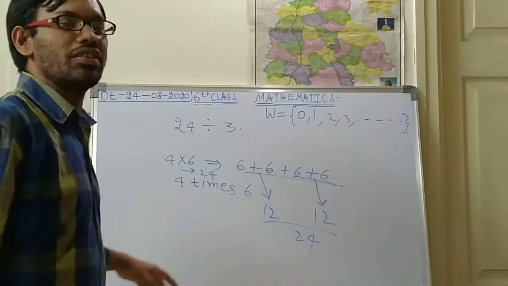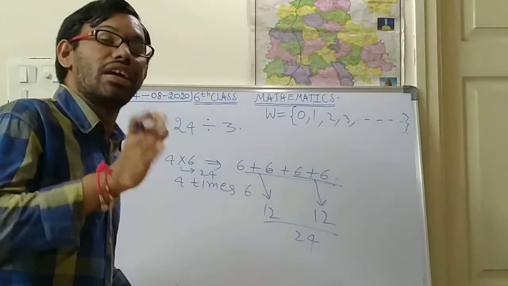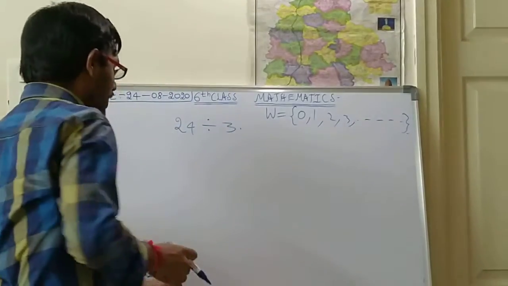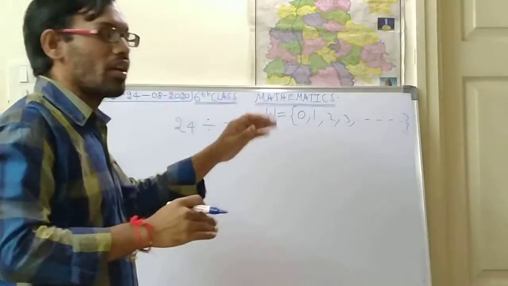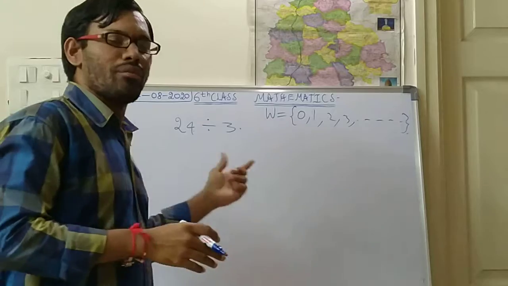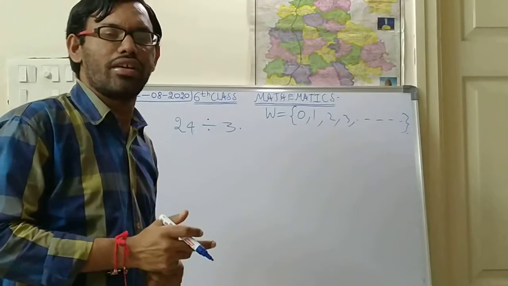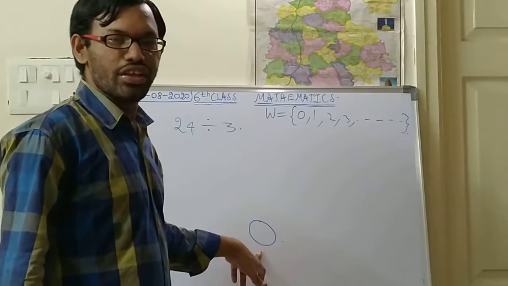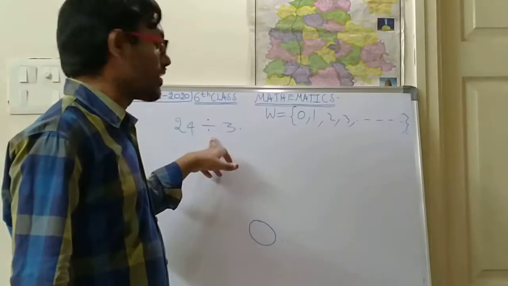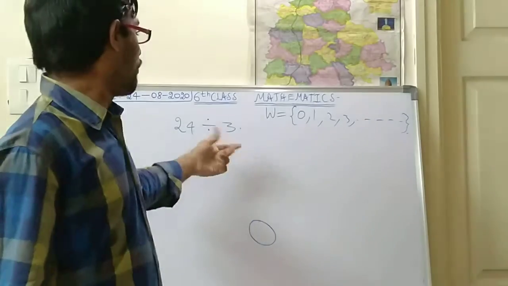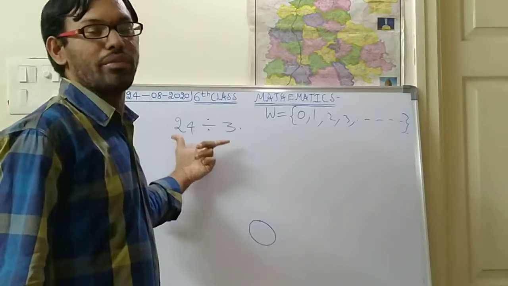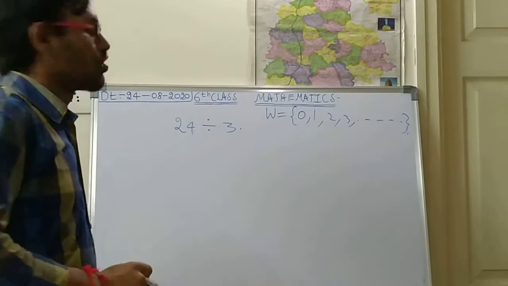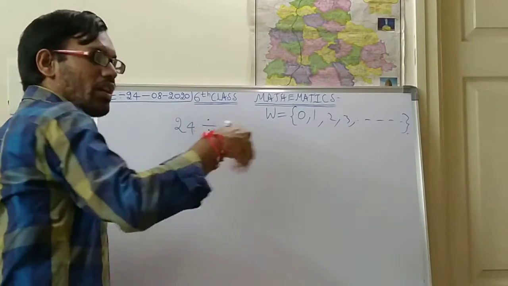But what is the meaning of division? Division means repeated subtraction. Subtracting the numbers repeatedly, that is called division. By subtracting repeatedly, what will we get finally? If the answer finally is 0, then that is a perfect divisor, a perfect multiplicative factor. So how can you identify? 24 divided by 3 means repeatedly you should do the subtraction.